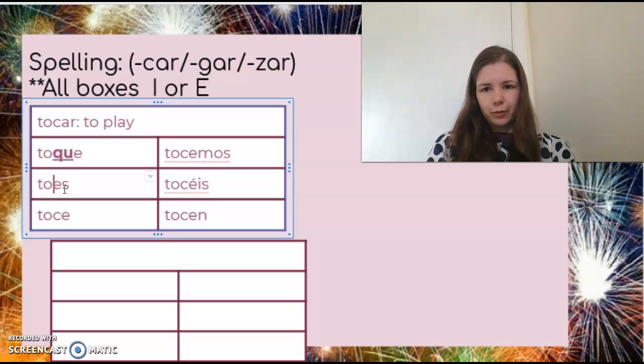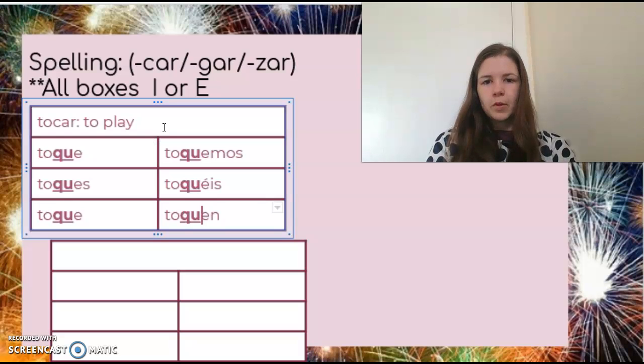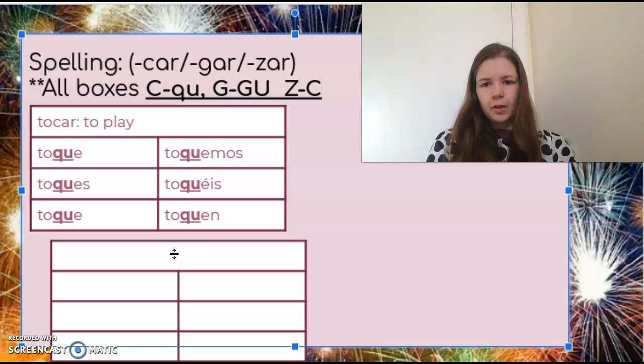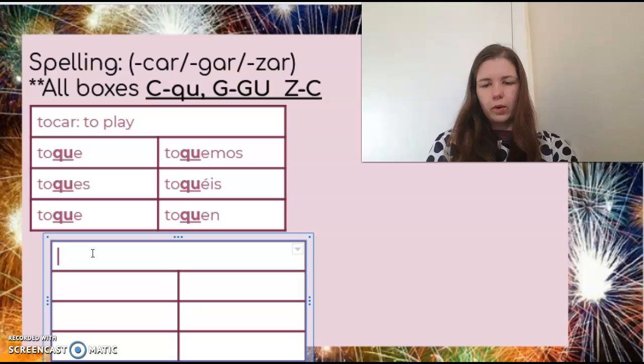So the correct answer, which you can see spell check already caught, is toque, toques, toque, toquemos, toques, toquen, and that's in every single form on here. So you can recall that C changes to QU, G changes to GU, and Z's are going to change to C's. I'll do another example with